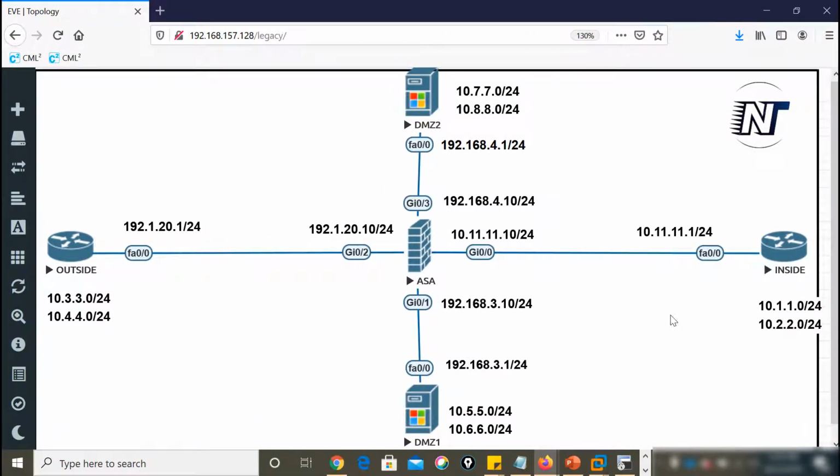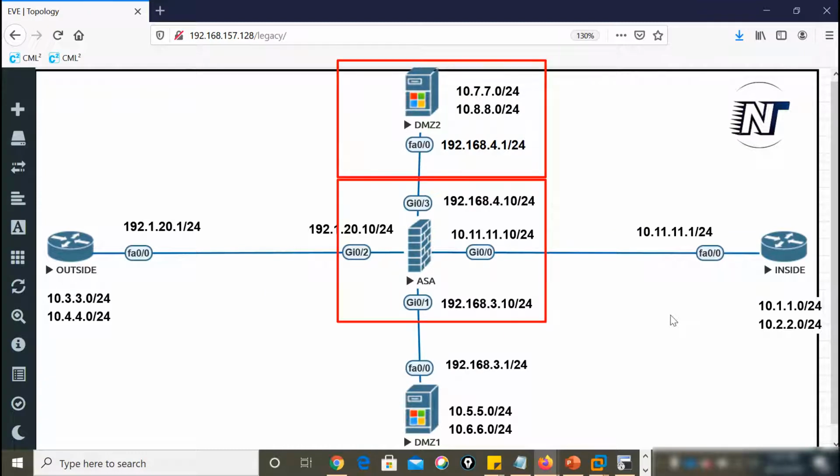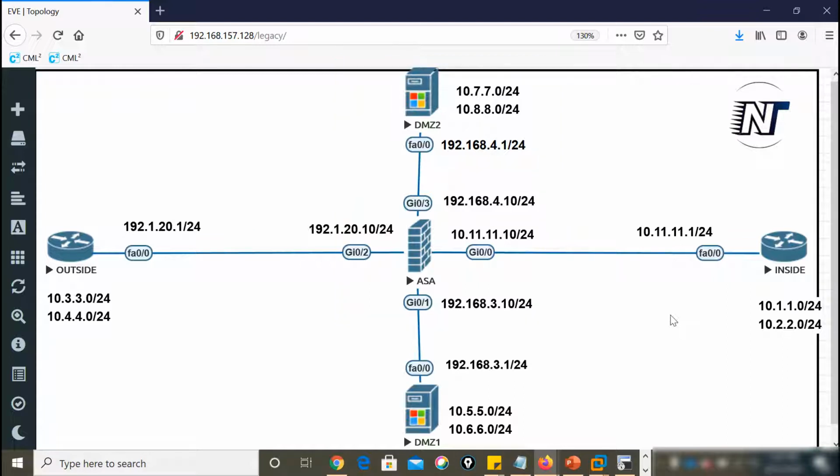Next, we'll apply the MD5 authentication between DMZ2 and the ASA firewall. So first we'll go to DMZ2 and apply the MD5 authentication over there.